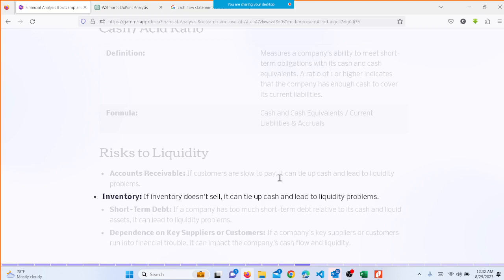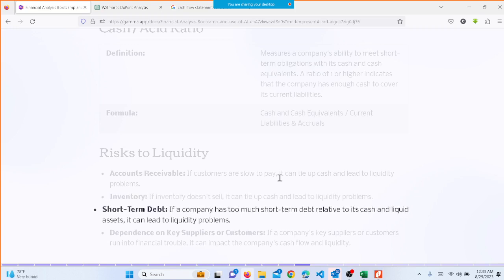So normally the banks may get an audit of the accounts receivable and inventory to make sure that they are collectible. There are special auditors appointed to check the value of receivables and inventories, whether they are properly valued, whether the stock is available to be sold, and whether the condition is good. And then, if the company has a lot of short-term debt,